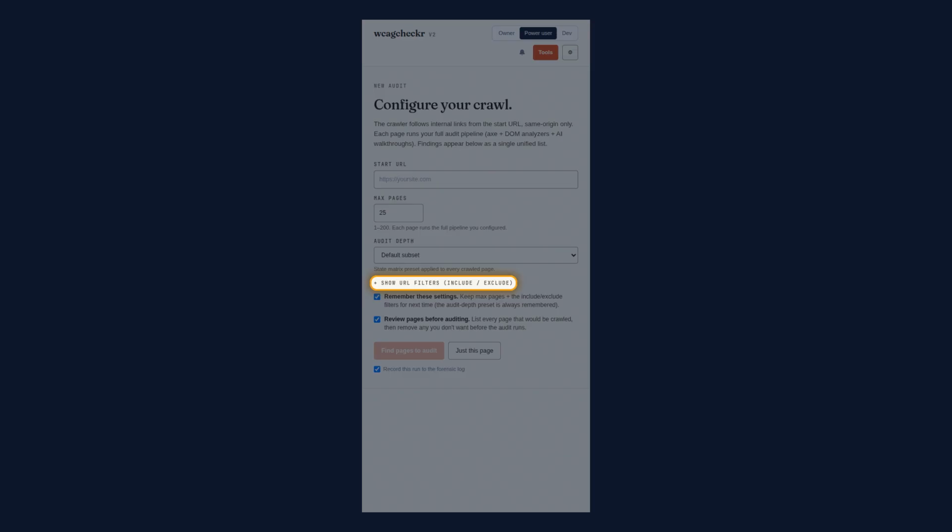Now, show URL filters, include or exclude, stays out of the way until you ask for it. Go ahead and open it up. This is where you tell the crawler which pages to check and which to skip, so you can leave out the parts of your site that aren't public facing, your login pages, your admin area, anything sitting behind a member wall. A visitor never lands on those, and neither would someone hunting for a reason to sue, so there's no need to spend your audit on them. When your site gets big, this is what keeps the crawl aimed at the pages that actually carry your risk,